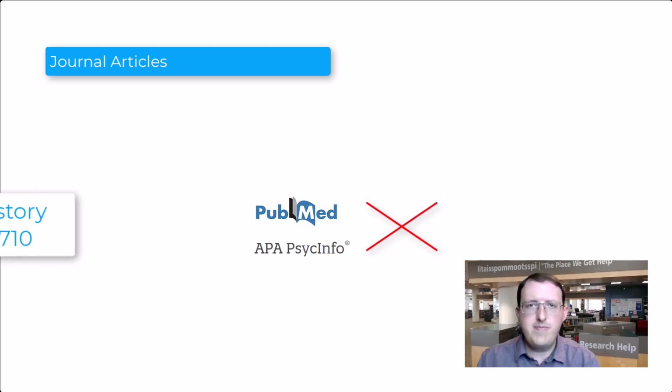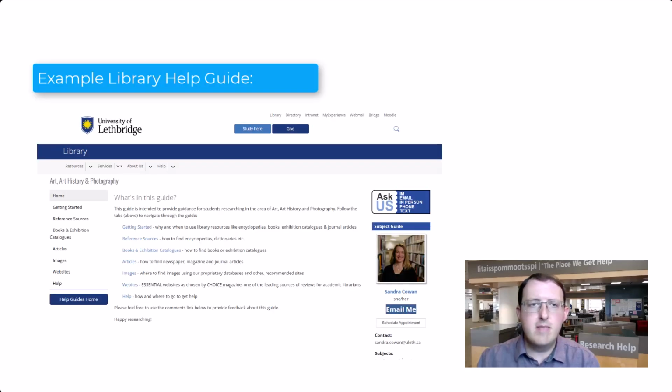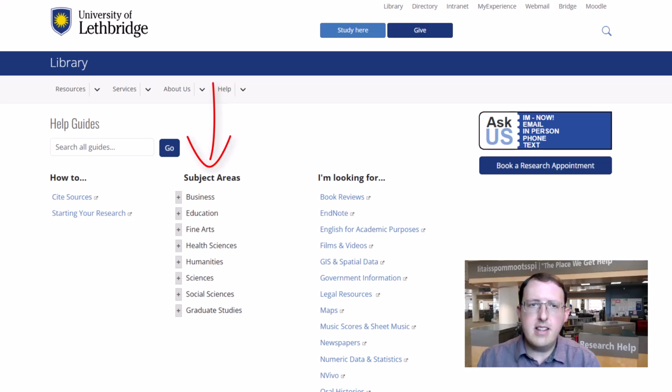for example. To help you choose the best tools for finding the sources you need, we've created library help guides. The subject guides listed in the middle column direct you to the best databases for finding materials relevant to your particular subject area. There are also guides dedicated to specific kinds of sources, such as statistical data, maps, newspapers, legal